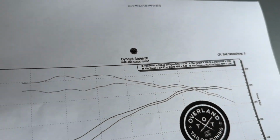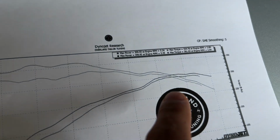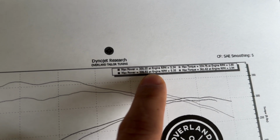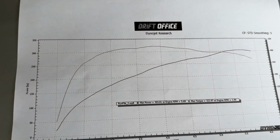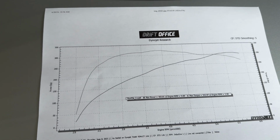They're four-wheel drive, so you can by default run them in two-wheel drive. That one's showing whatever that power was. It looks like 300.55 max power, 334.76 max torque. Here's another one by one of the members on I Hate Mud, who did a supercharged setup